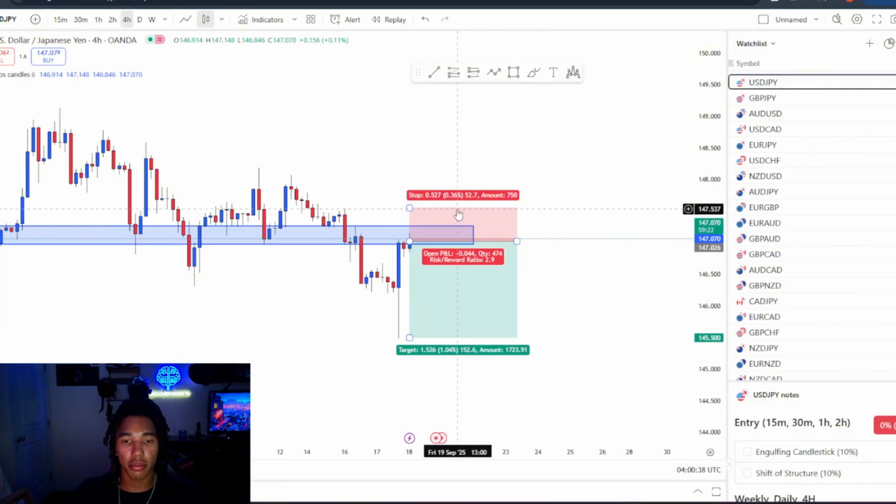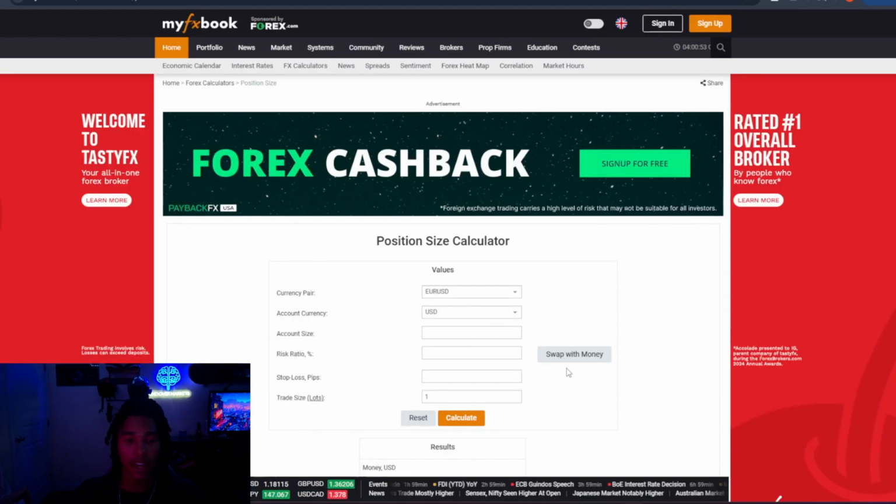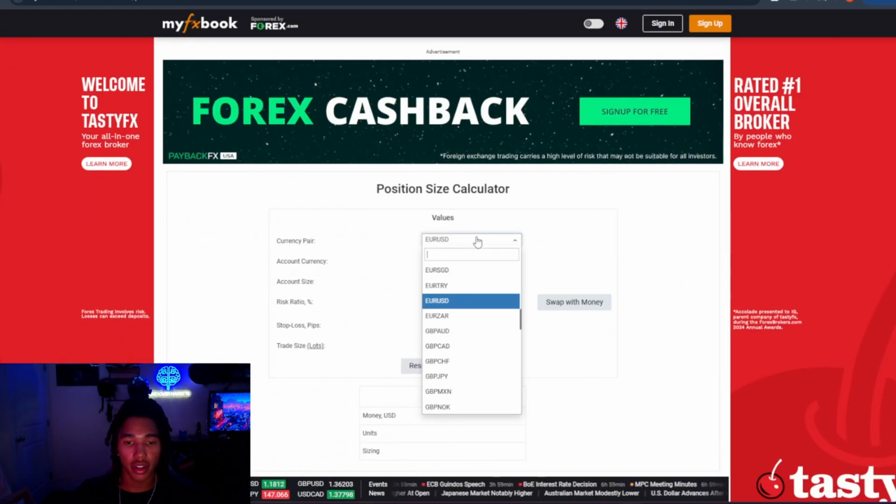You guys see that number up there? That's where the pips are. This take profit is 152.6 pips. Now to calculate our lot size, we go over to my FX book position size calculator, and then